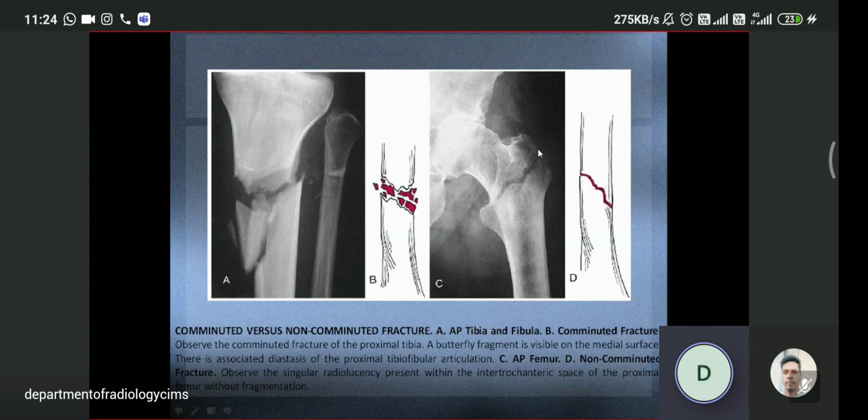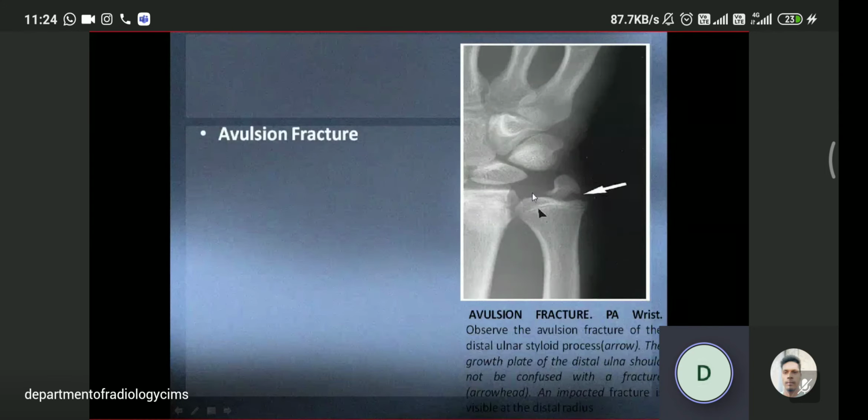You should write this is the non-comminuted undisplaced fracture of the upper femoral part. Or better to write the intertrochanteric fracture. So this is the greater trochanter, lesser trochanter. So you have to write like this: non-comminuted, undisplaced, left intertrochanteric fracture, femoral fracture seen. So it is a very wise report when you write like this.